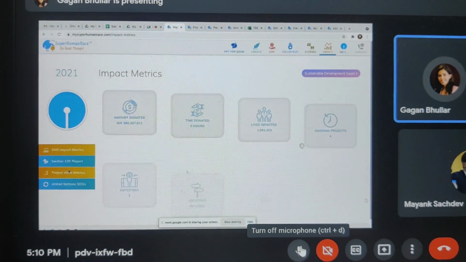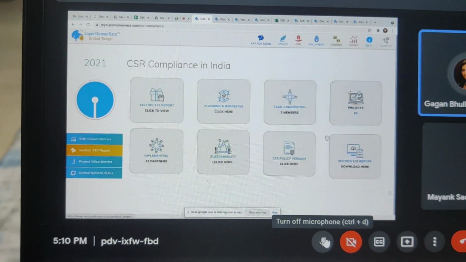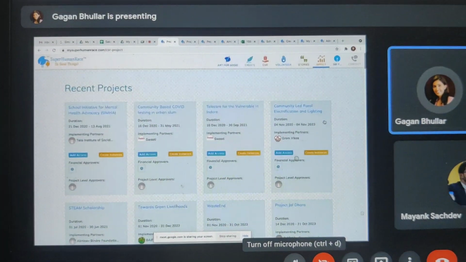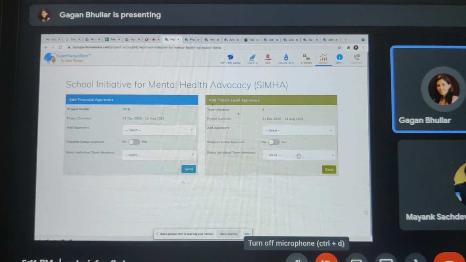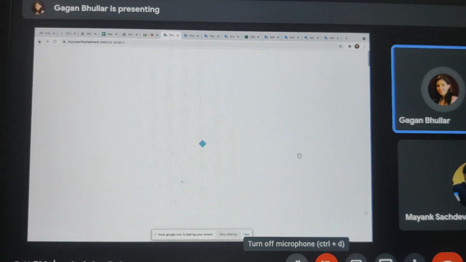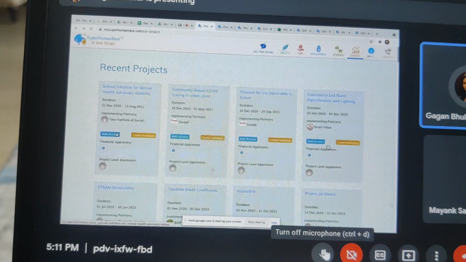But typically what we do is we have workflow automation in this module. So for example, if you want to give access to your finance people, you can add access for both financial approvers as well as project level approvers. And you can also add access for data entry people if you want to keep those two roles separate.